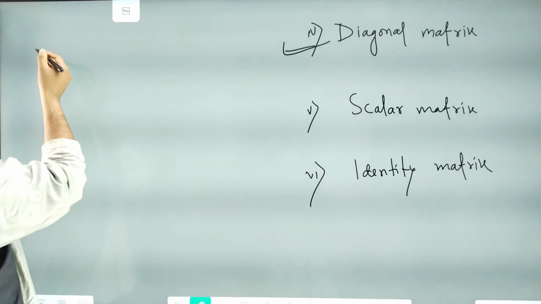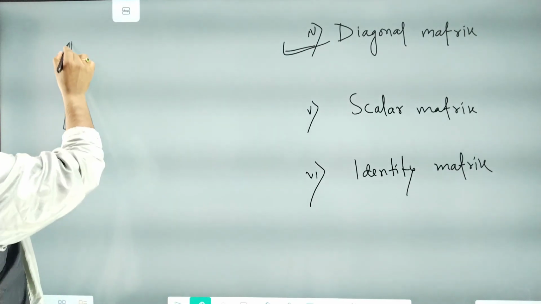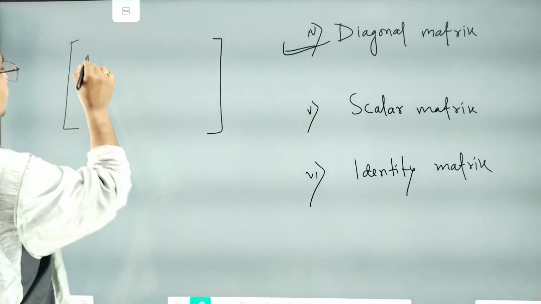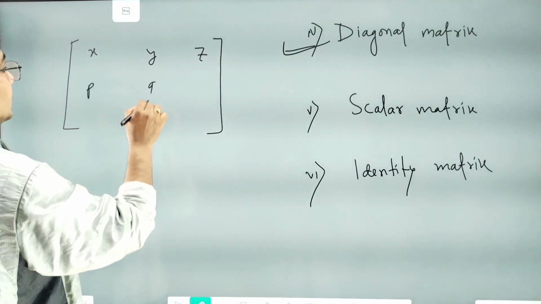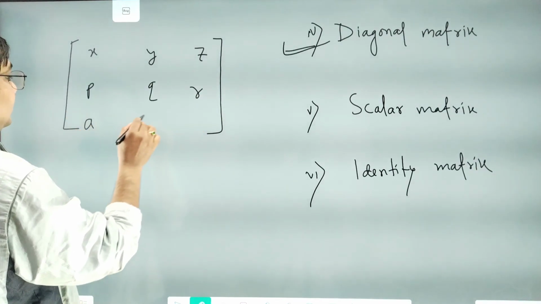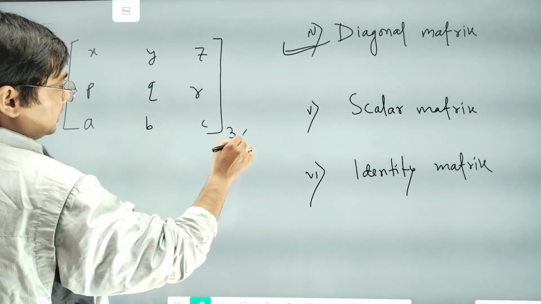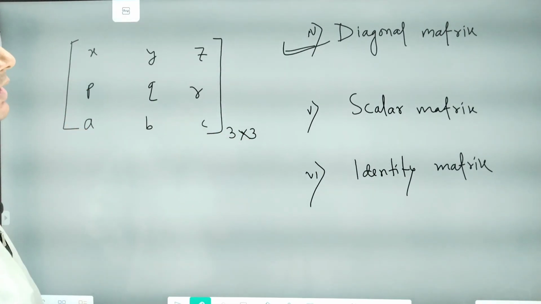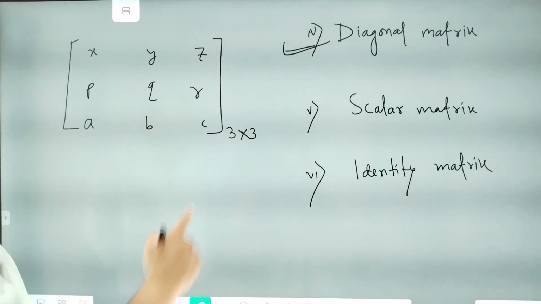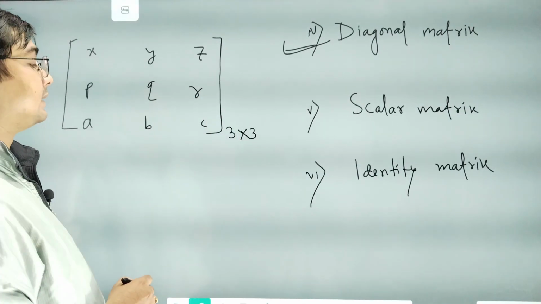A diagonal matrix is nothing but a square matrix. First of all, the matrix should be square. Suppose we consider x, y, z, p, q, r, a, b, c. Yes, suppose we consider a 3 by 3 matrix, then this matrix is called diagonal. So before I go to the definition of a diagonal matrix, you see